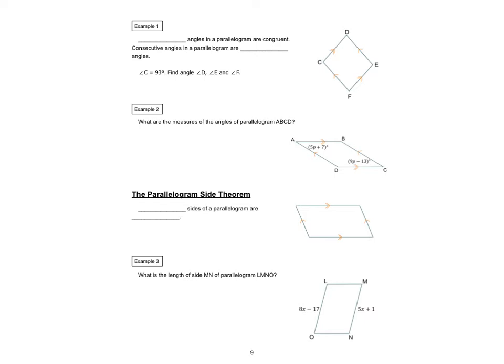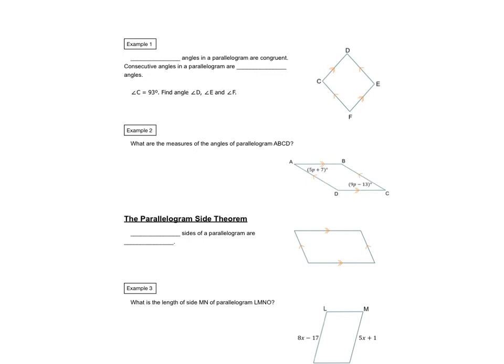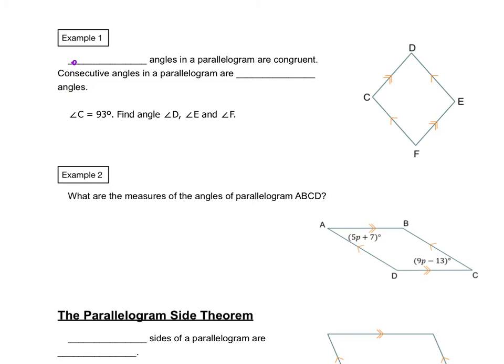So looking at some examples here, we have blank angles in a parallelogram are congruent. I think that means opposite, right? We just talked about that. So if opposite angles in a parallelogram are congruent and consecutive angles in a parallelogram are supplementary,